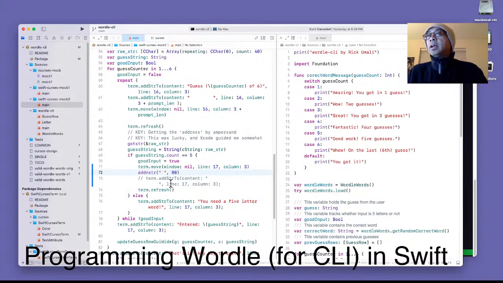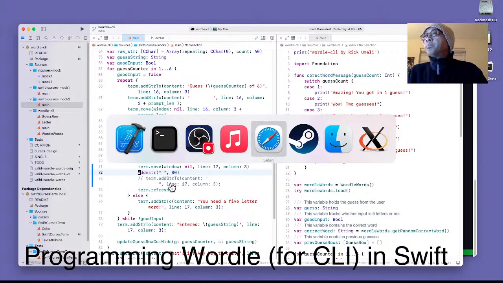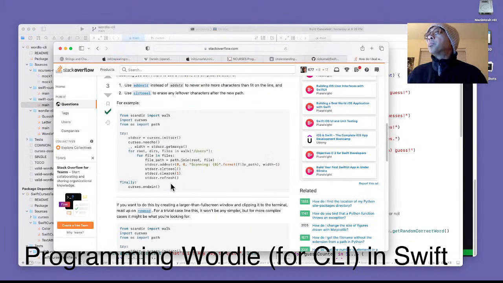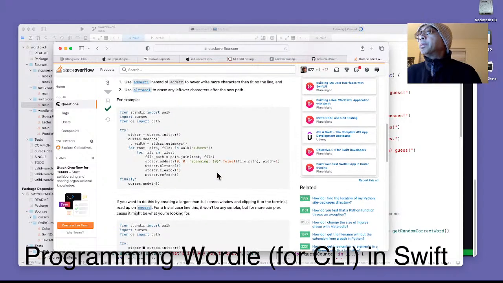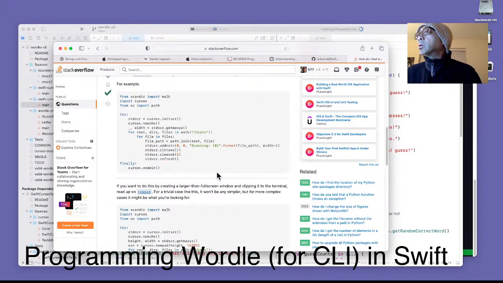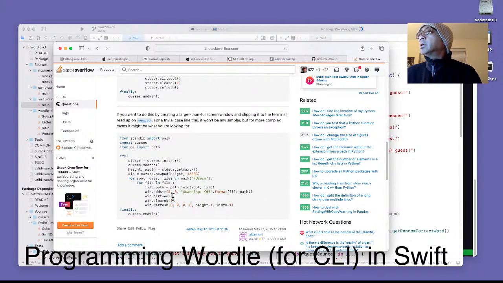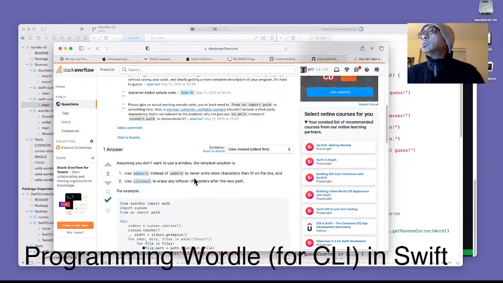And it turns out that from this post here, addnstr says you can, this is a Python version of curses, use addnstr to never write more characters than fit on the line. And larger than full screen, clipping into the terminal, and read up on pad. Interesting. I don't know if I'm going to do a new pad, but